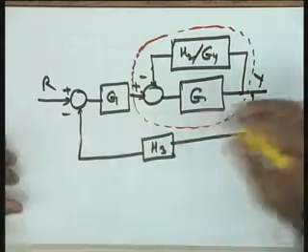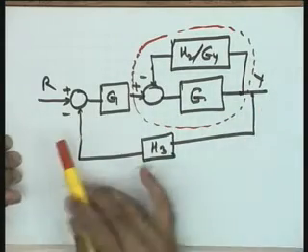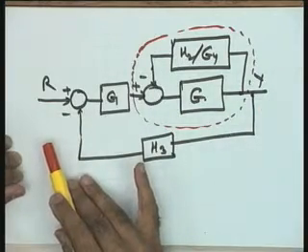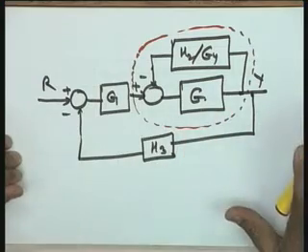Okay? The complete transfer function between y and r can be obtained. If you allow me, I can leave the problem here instead of giving you the complete answer, because the complete answer is now straight away available to you just by applying the basic feedback loop formula 3 times.